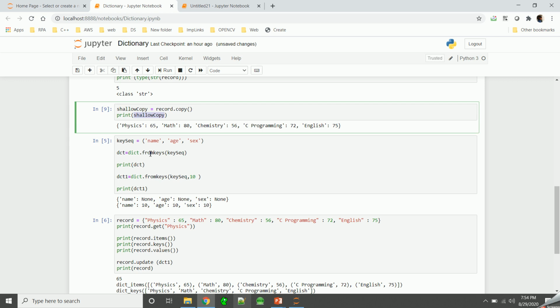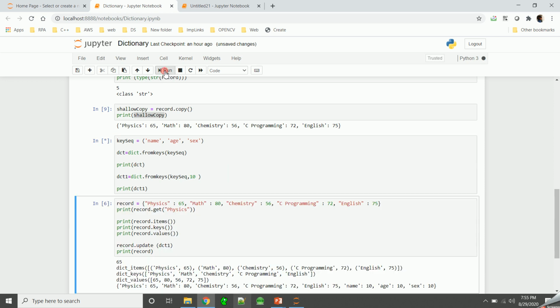Okay, next function we have is fromkeys. What it does is it creates a dictionary from the given keys. So what I have done is we are telling it that for these many keys create a dictionary. When you say fromkeys, it will create a dictionary which will have these many keys, and by default for each of these keys None will be assigned. Another thing that you can do is assign some value to each of these entries. So in this case we are creating a dictionary for these keys and then assigning the value 10 for those keys.